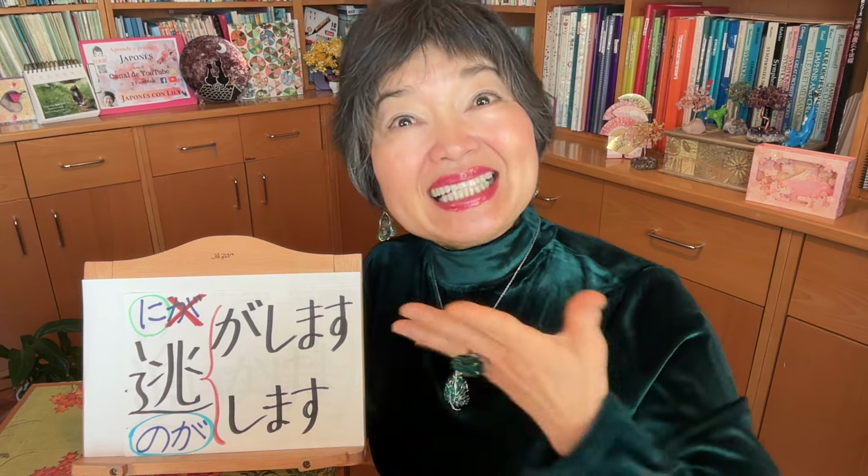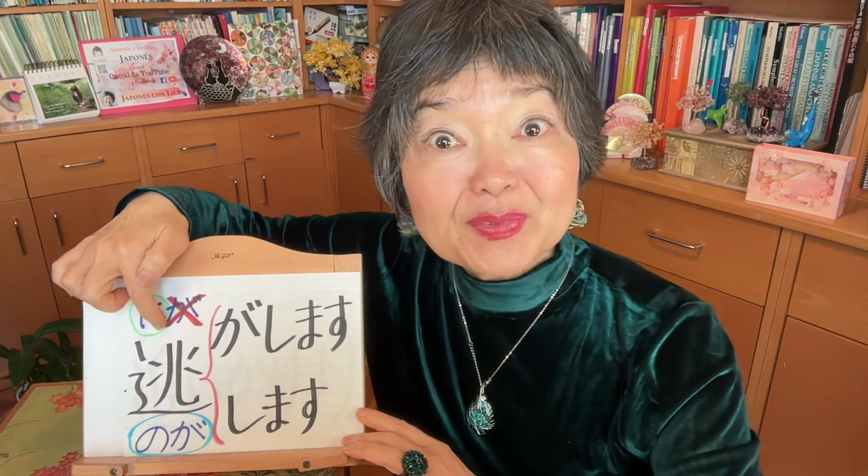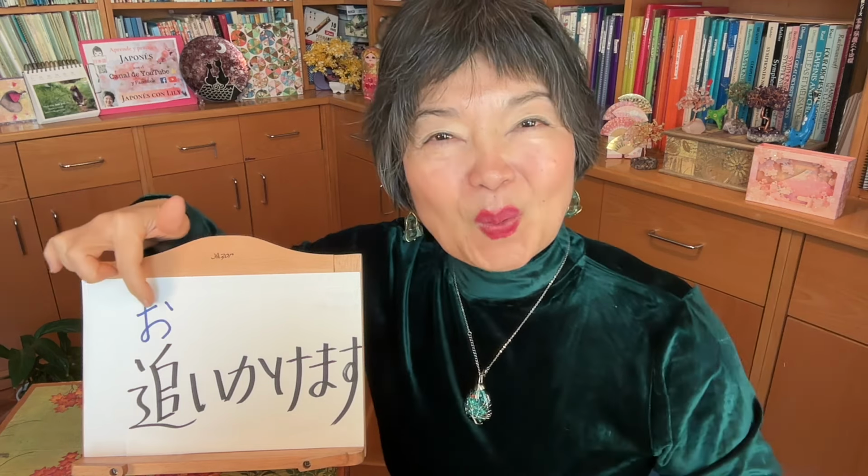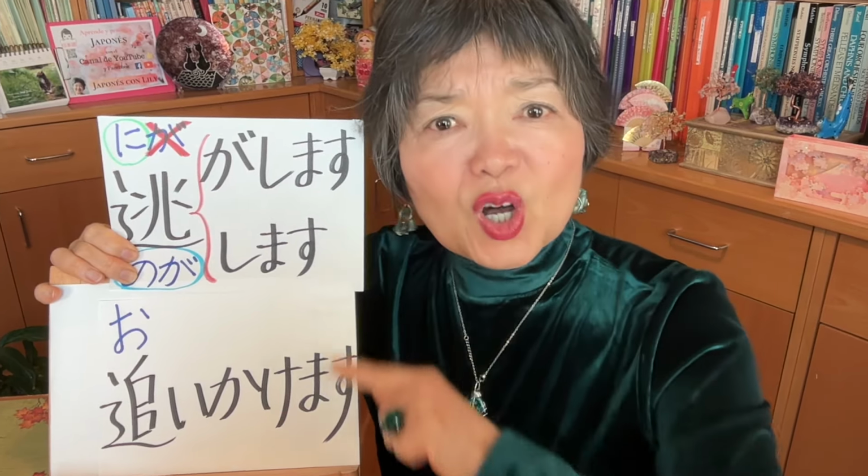のがします is to lose, to miss something. For example, I miss a chance: チャンスを逃します。But now in our sentence, don't let him escape, we use the verb 逃がします。And the verb to chase after someone is 追いかけます。逃がすな、追いかけろ。